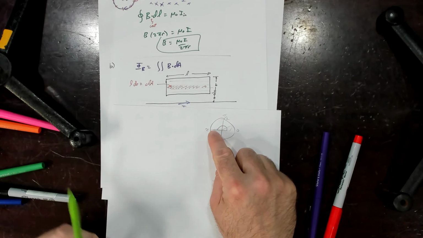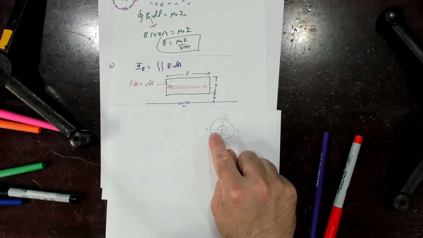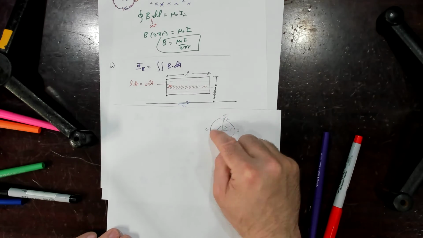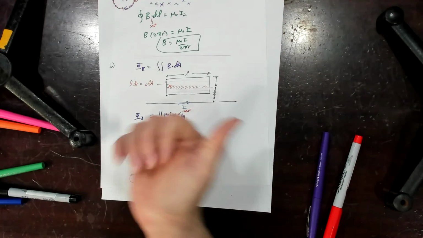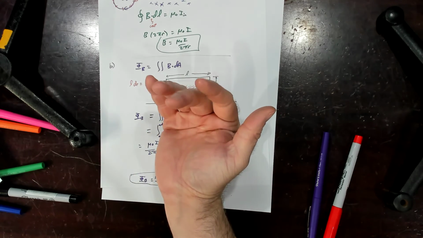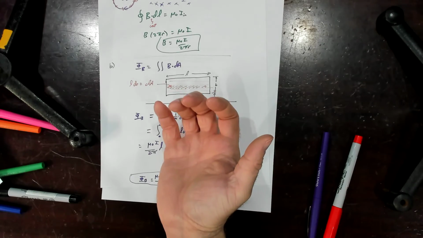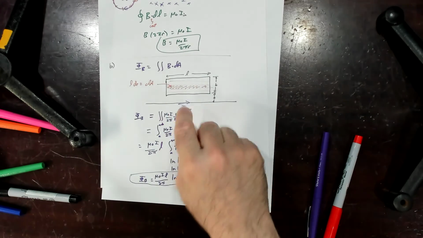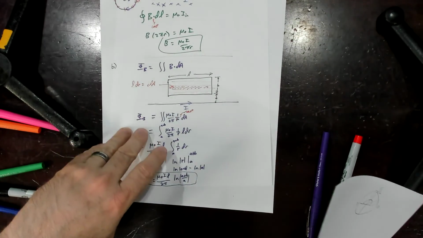My field is 0 at that point. Actually, the current is 0 at that point, so the field would be 0. So the field would have been decreasing in strength up to that point. Up to that point, my current's going this way, and I have flux coming out of the page. My flux would be decreasing to be 0 at that point, and then continue going more and more negative. So they want to know